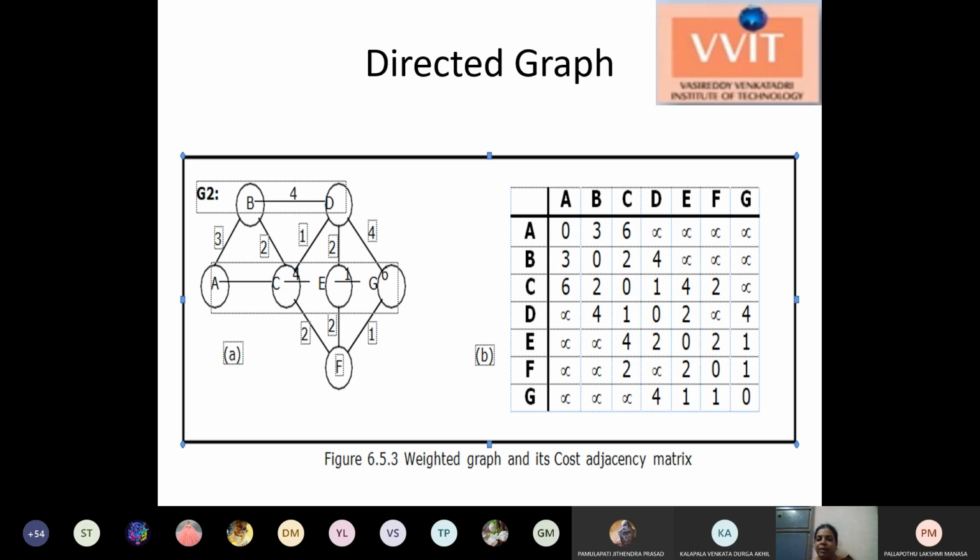For the self vertices, A to A, B to B, C to C, D to D, those are given as zeros, because whether or not there may be an edge, the edge weight is 0 only. So we mention the self vertices as 0, and for all the remaining vertices which have a connection between them, we mention the edge weight.